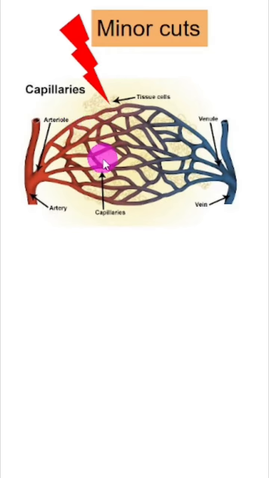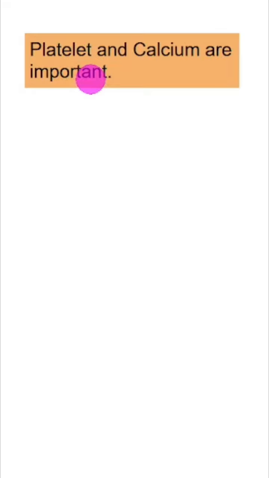Then the second step will be formation of the platelet plug. Platelets are usually round, smooth cells flowing in blood, but when they sense any injury, they will turn into spiky and sticky cells. These sticky cells will stick together and help in formation of the initial, temporary seal, which is going to slow down the loss of blood from the damaged area.